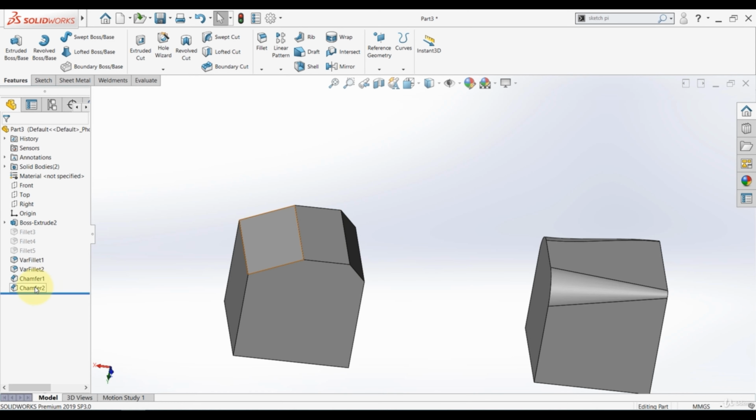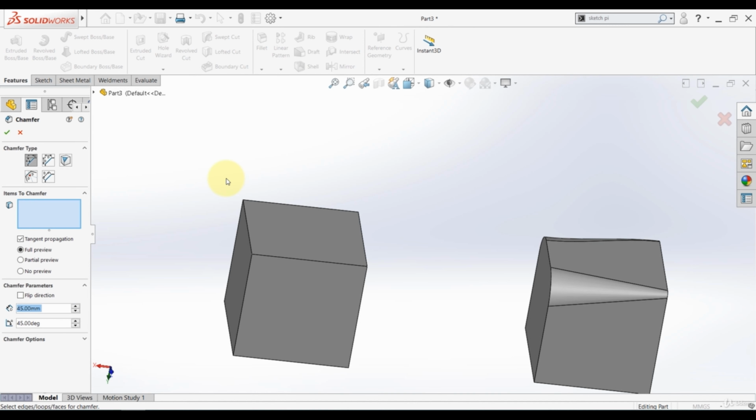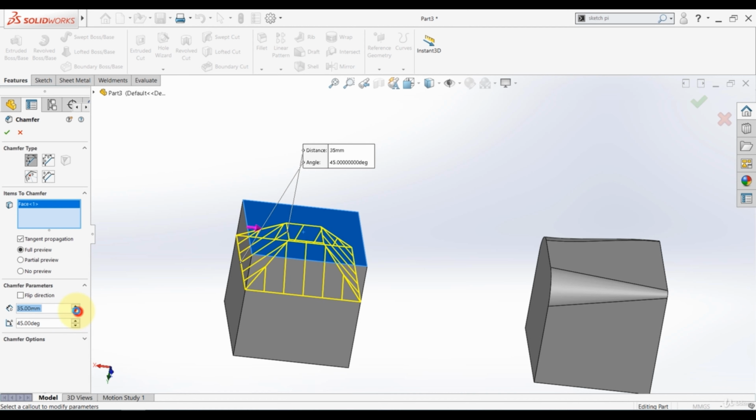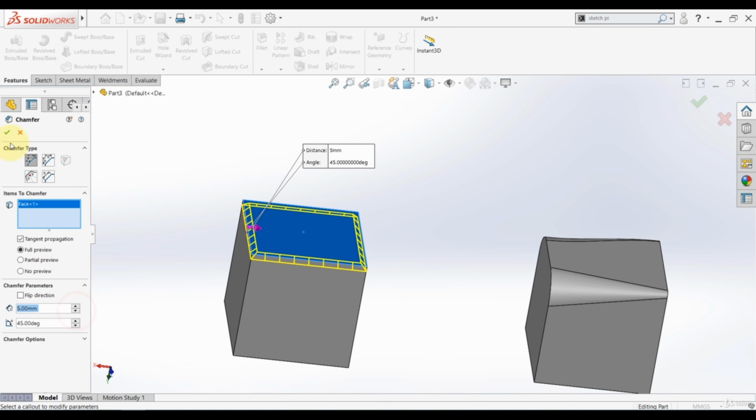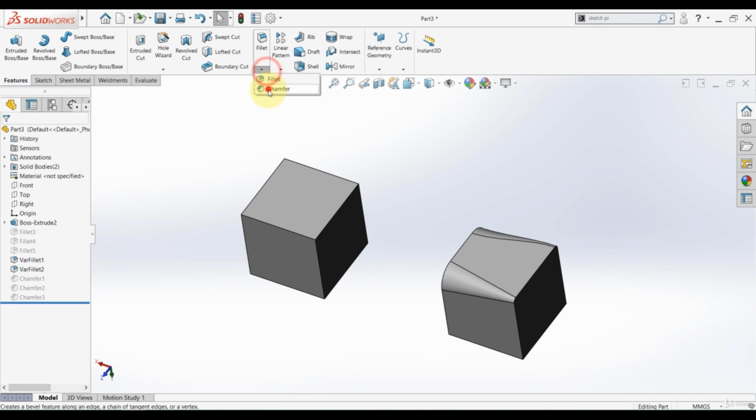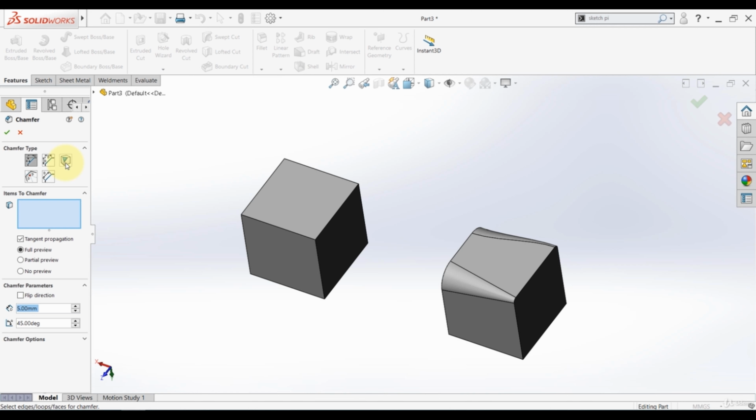Now select these 2 features and suppress them, and select chamfer again. It's the same as in fillet. You can select the whole face like this. Okay, now suppress this feature again, select chamfer again, and this time we have a very nice option,